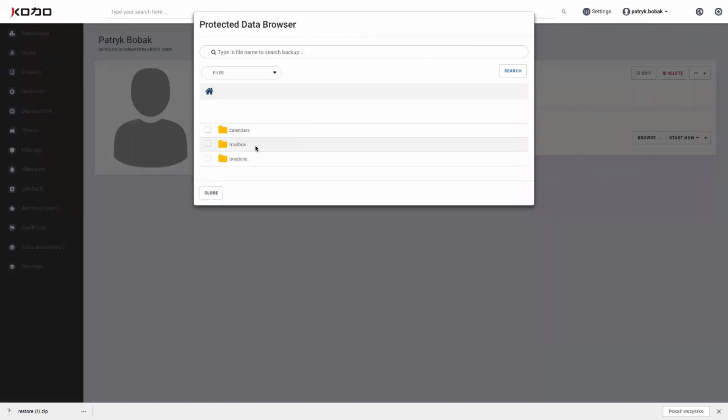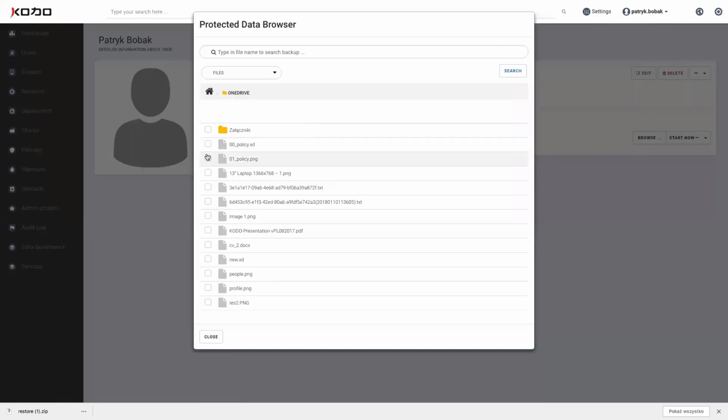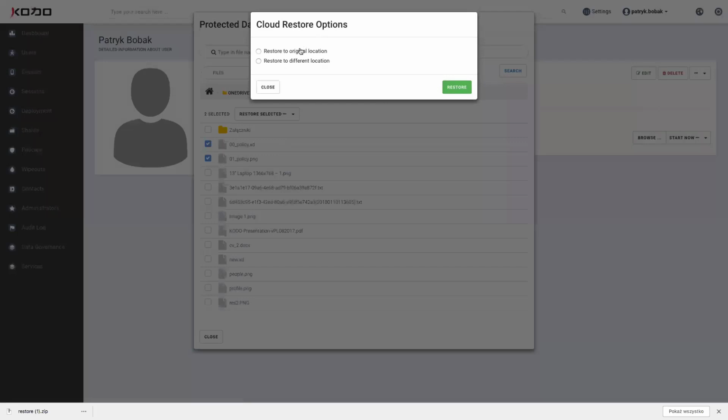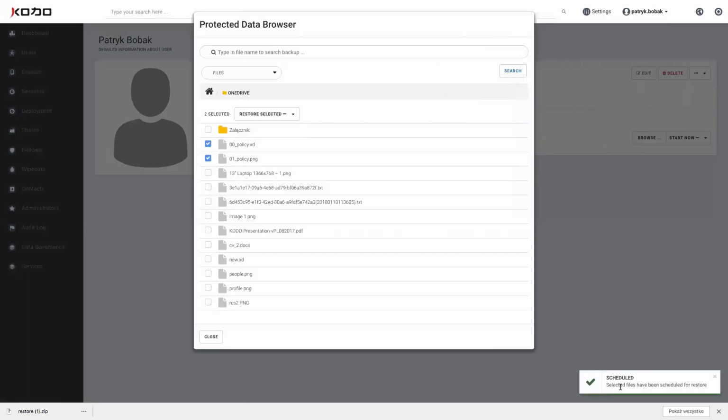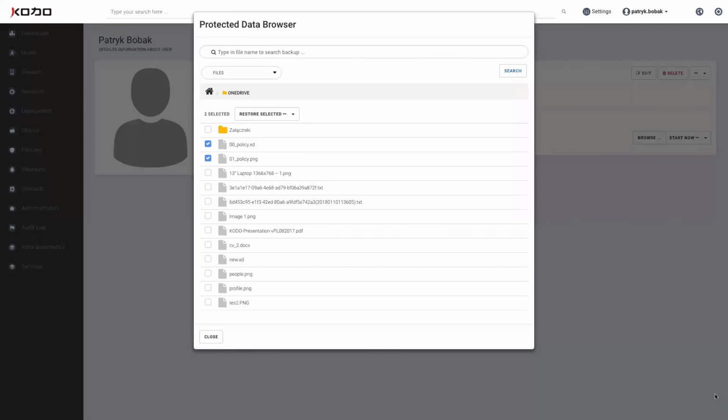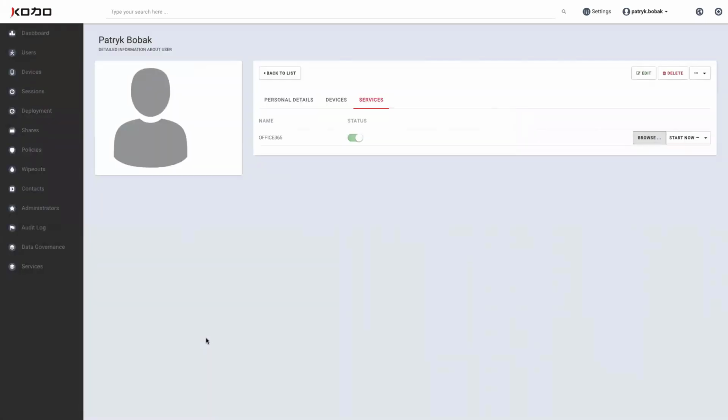We click at some action. We choose some files. We click at restore to cloud. We choose restore. Yes, we have information that the selected files have been scheduled for restore. But well, we are not sure if everything is working fine, if the data are restored. So if we want to check it,